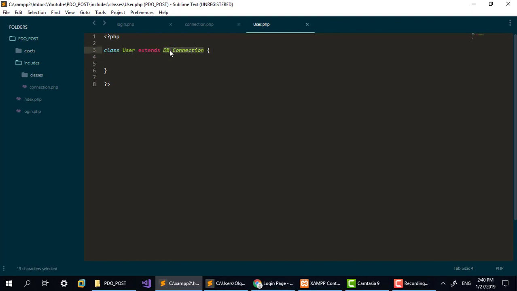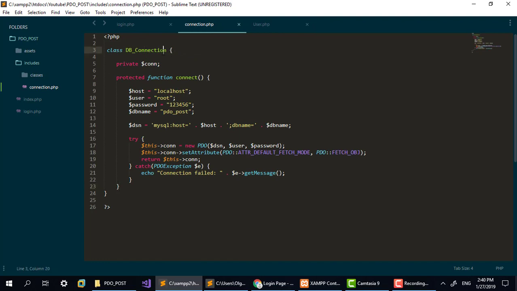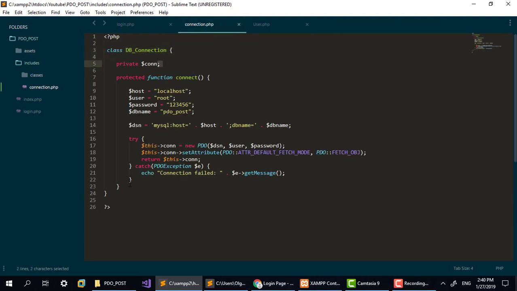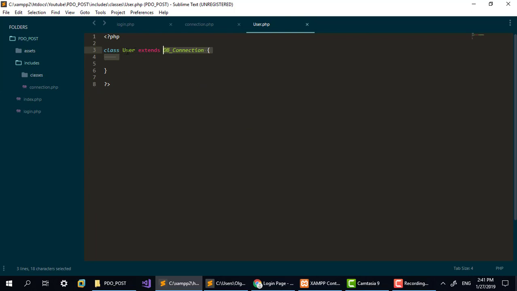So DBConnection is actually the super class. This class is the super class of User. So whenever we create an object from the User class, it will hold all of those functions as well. So we will be able to call the connect function inside the User class. Now I'm going to create another variable here called private connection,